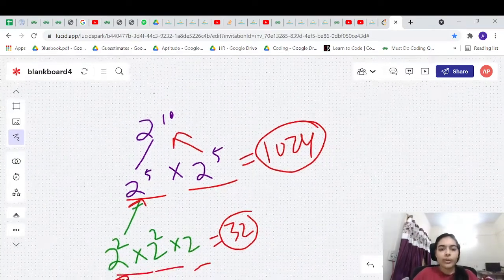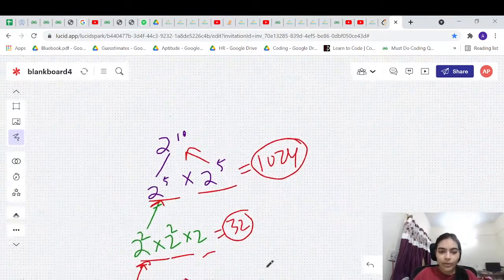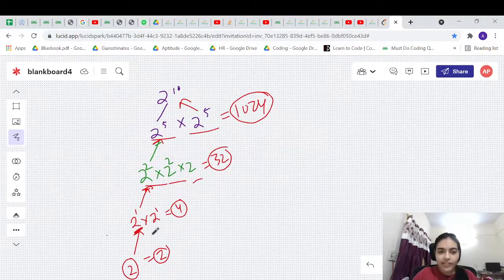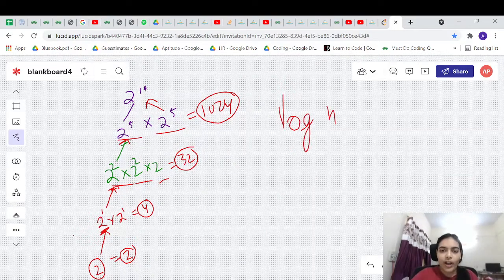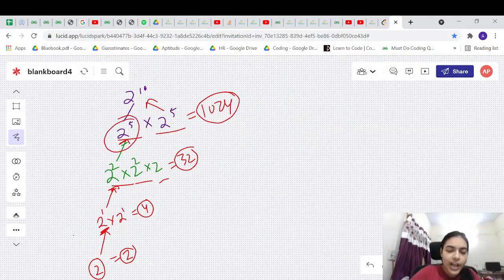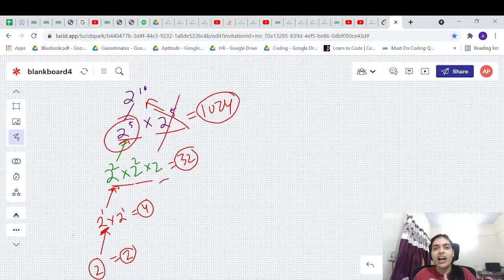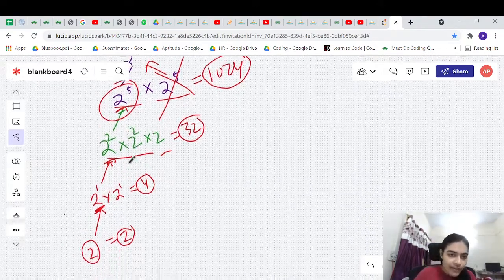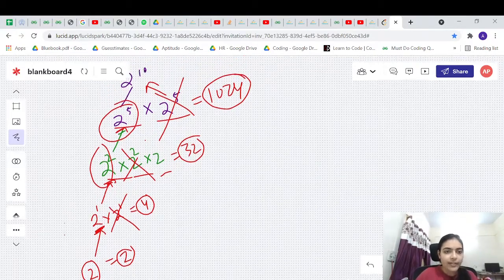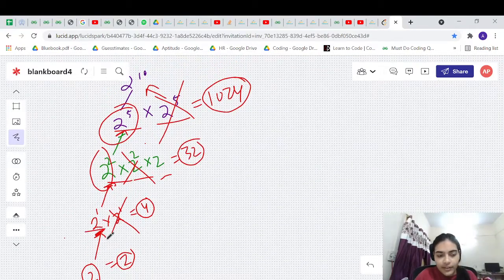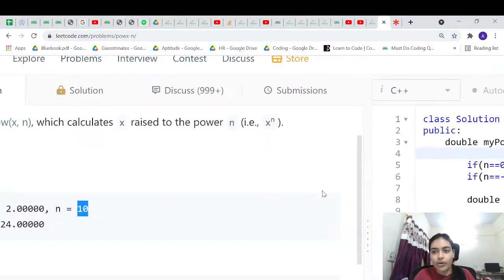Now the beauty of this problem is you are breaking the problem into half steps. You start with a number n, and keep breaking it. The time complexity will be log n, because every time you are only doing half of the iteration, ignoring the remaining half. You just find this value, not calculating the answer again, just using that value, returning it, and finding the answer. So we'll see the code for this problem.